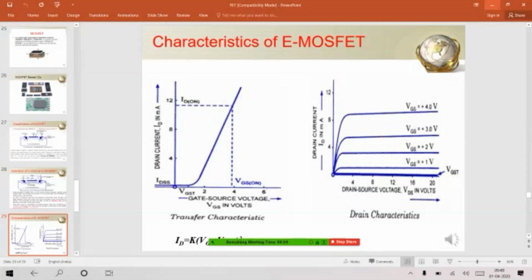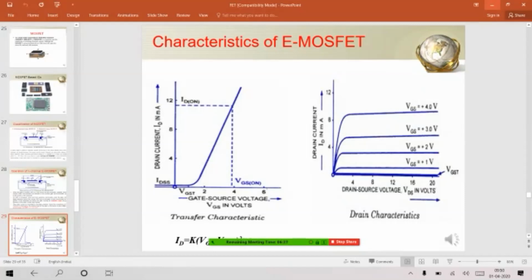So after that, with a small variation in the gate source voltage, you can see the variation in the current, the increase in the current, right? So this is how your MOSFET is behaving for change in the gate source voltage. That's why it is called a voltage control device. This gate source voltage is controlling the device operation or conduction of current in the device, right? Coming to drain characteristics,